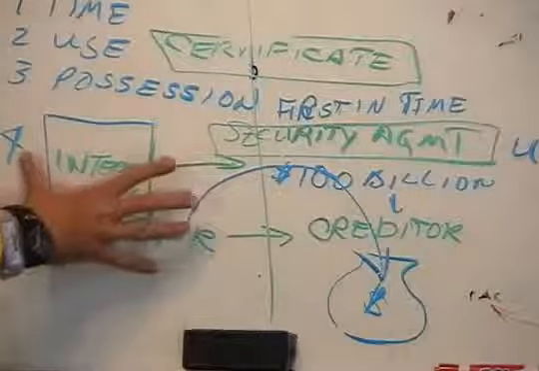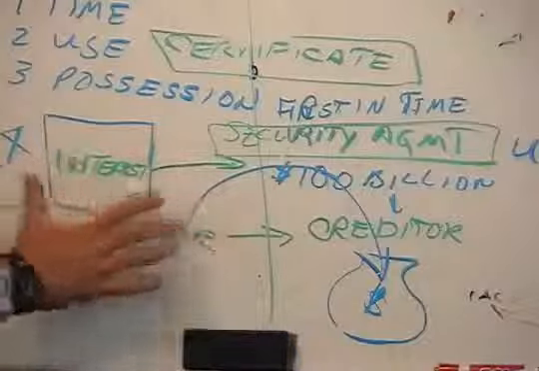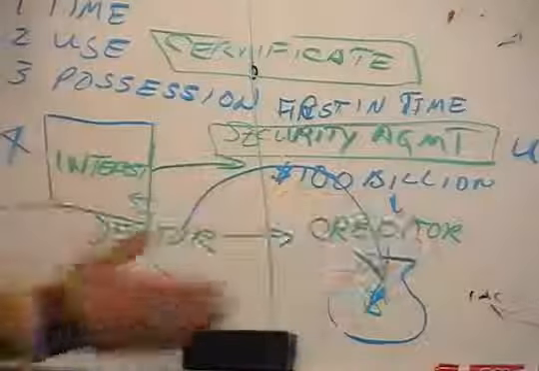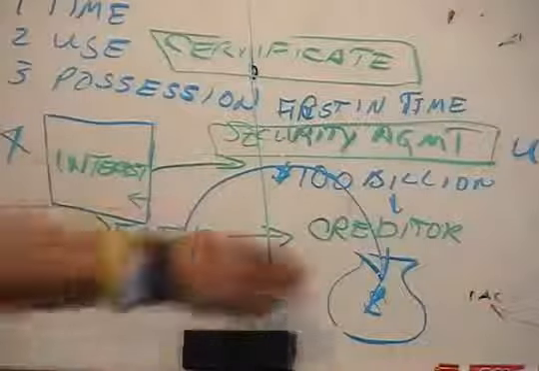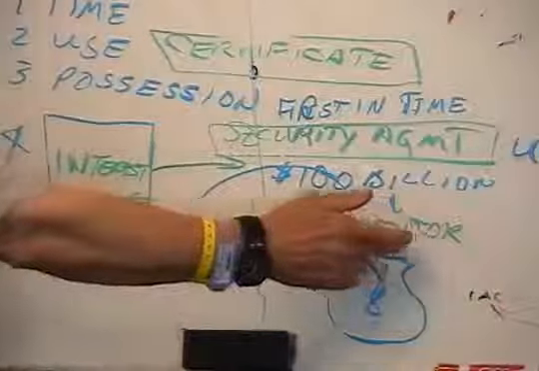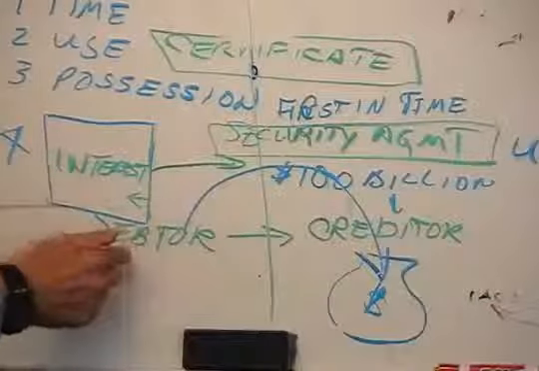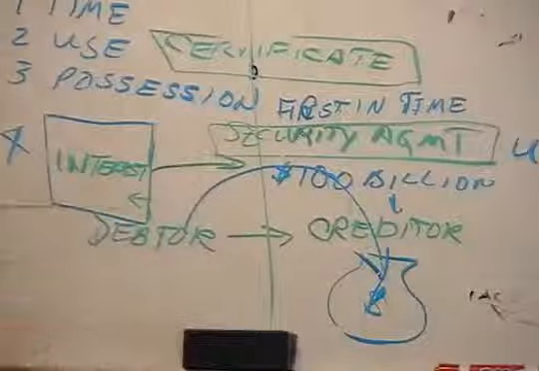And you've now got it registered, or recorded, I should say, not registered. You've got it placed over here with your creditor. You're a holder in due course, and you're the creditor of this debtor forever for the $100 billion.